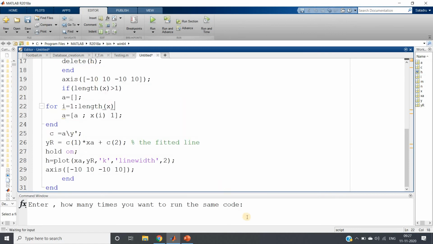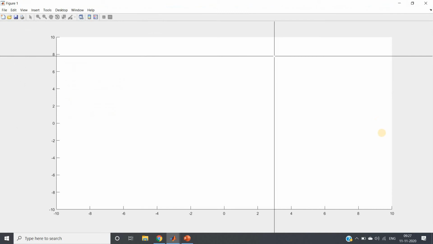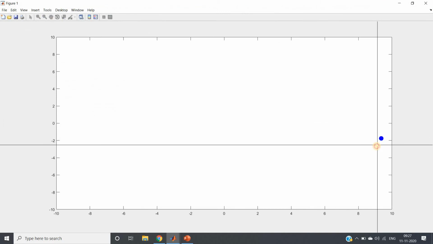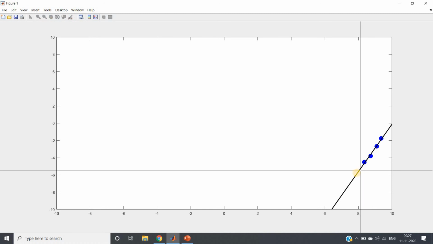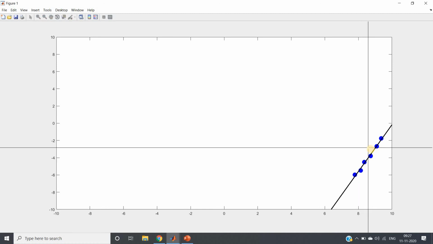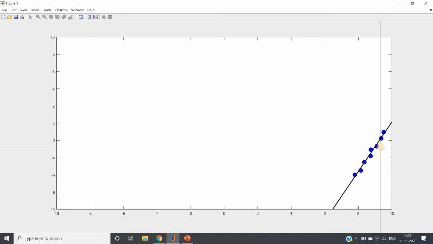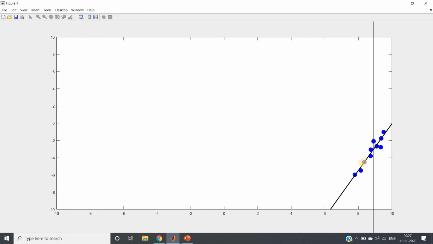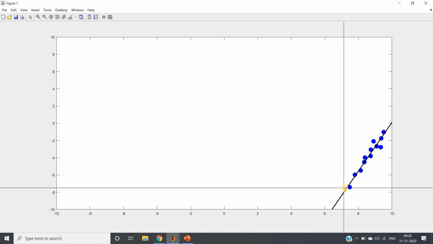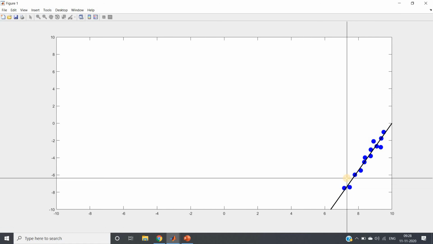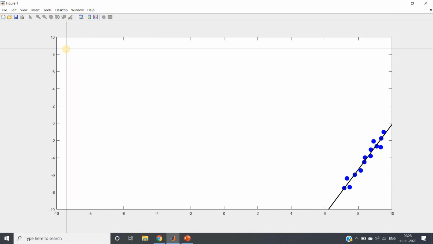Control A, evaluate selection. Again, I am trying to give 15 data points. So 1, 2, 3, 4, 5, 6, 7, 8, 9, 10, 11, 12, 13, 14, and this time the last data point I am putting here.